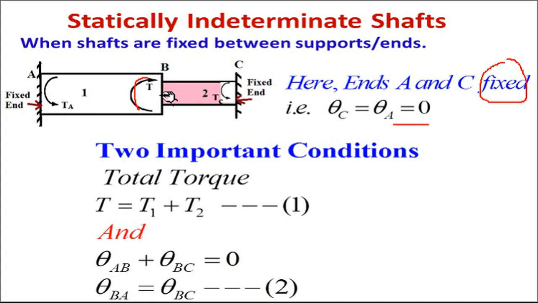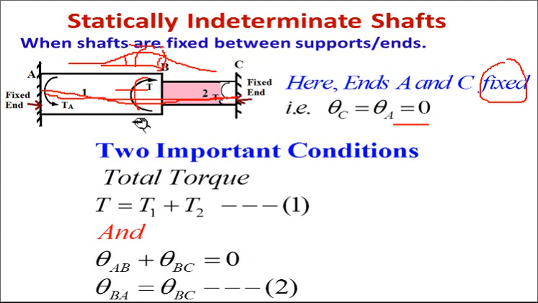Slope means what? At B to A, due to torque, what will happen? It will try to rotate this particular shaft, and due to that there will be slope. Slope will develop along this particular axis, and that slope you have to calculate. For length BA it will be theta AB, and for length BC it will be theta BC, and the total will be equal to 0. Means total slope must be equal to 0. Why must it be 0? Because suppose if we are showing slope like this at the end, one slope will be clockwise while the other slope will be anti-clockwise with the horizontal. So these are the slopes due to this torque.